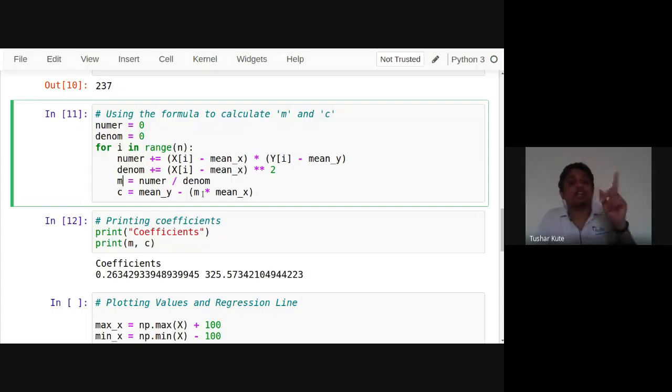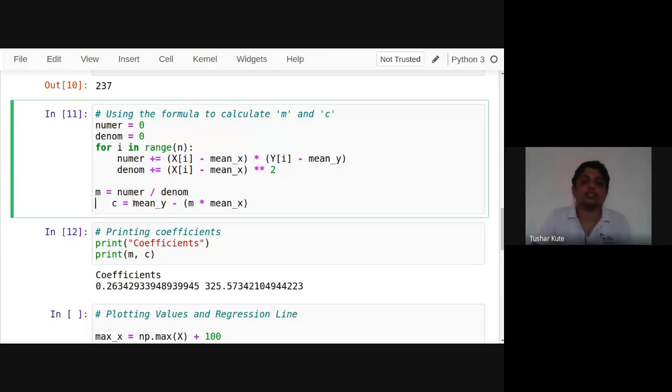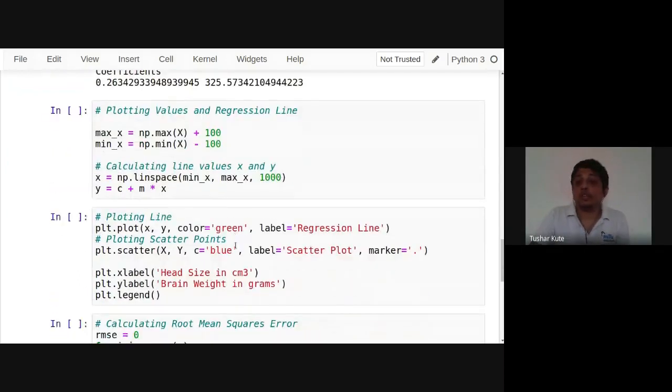Out of the loop also, because every time the value is getting changed, I need the final value only. Yes, because the for loop computes the numerator and denominator, and then we perform the division and you get m. Exactly, it's correct. Good. Let's continue. Now, I'm going to plot